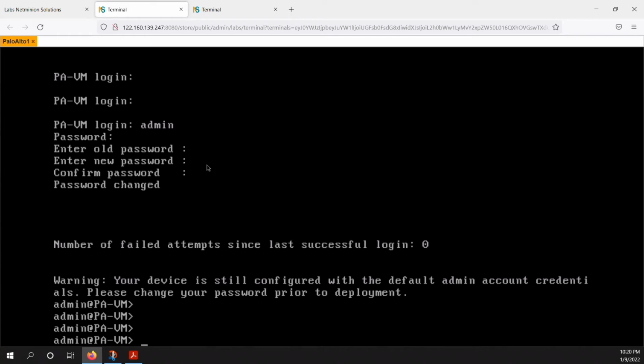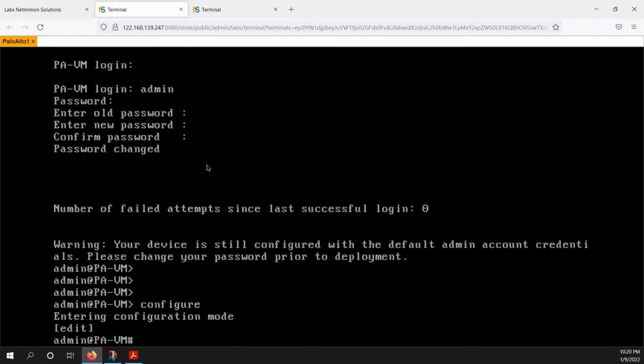For basic configuration, we need to do system level configuration. And for system level configuration, we have to go into configure mode here in the Palo Alto. What I want to configure is the management IP. So to configure the management IP, we have to do a system configuration. You would run the command set deviceconfig system.